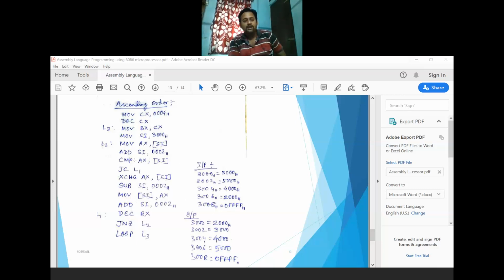Okay, so one time it is executed, and when BX gets 0, again the CX will be decremented by 1, and it is given to the BX. Okay, so here your L3 will be in this position, DEC CX. Okay, you have to correct it. All of you have to correct it. This L3 must be in this position, DEC CX position.